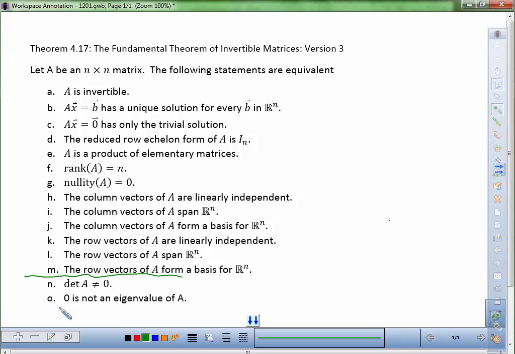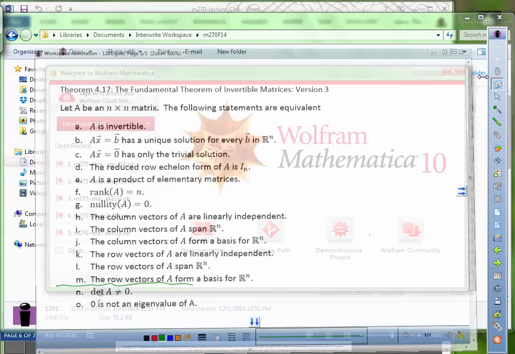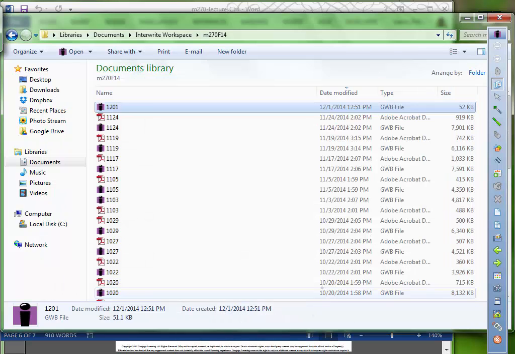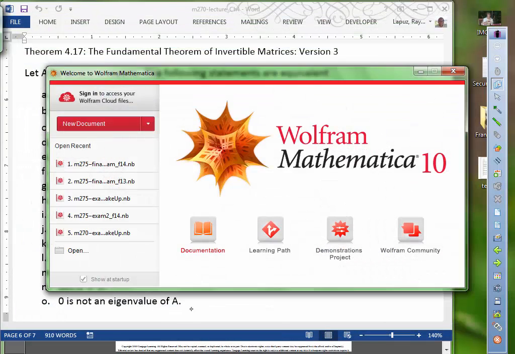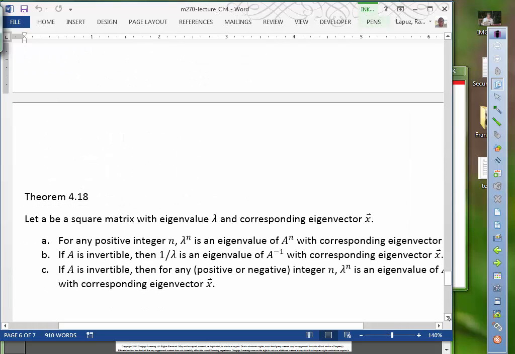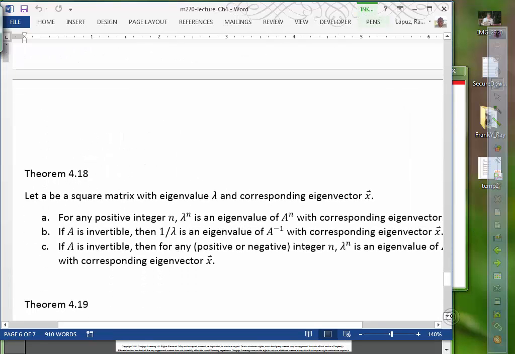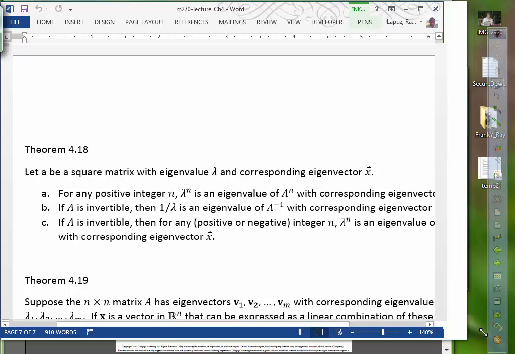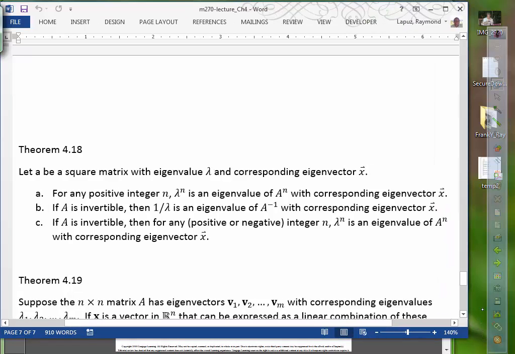So this is a list that I think we're going to continue to add a couple more to as we go on, to have a big list of things that are all equivalent for invertible matrices. Now, our next theorem that we want to add on